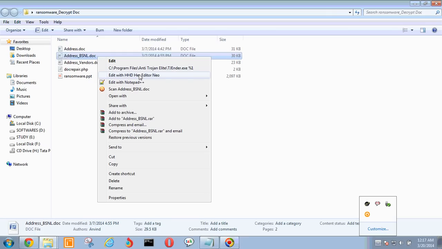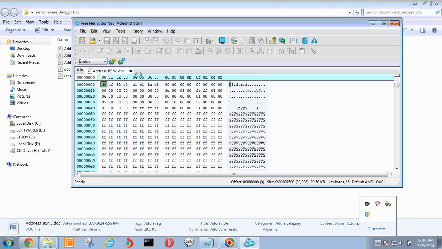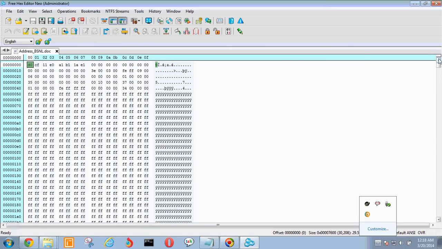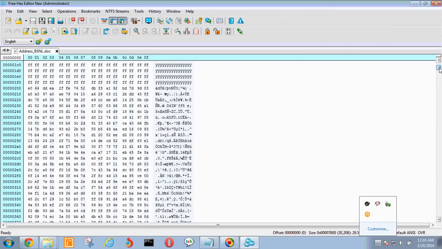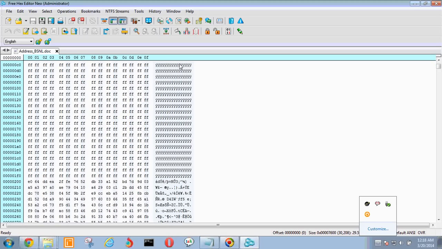To find that offset, I will need to open this file with my hex editor. So here we are. My file has been loaded in my hex editor, and when I browse through this file, you can see that there are lots of garbage values or invalid ASCII characters.